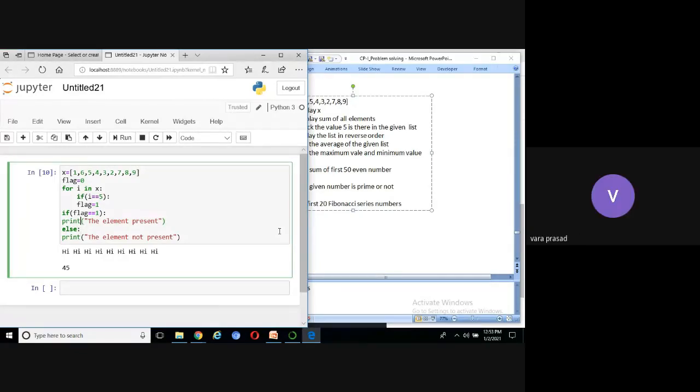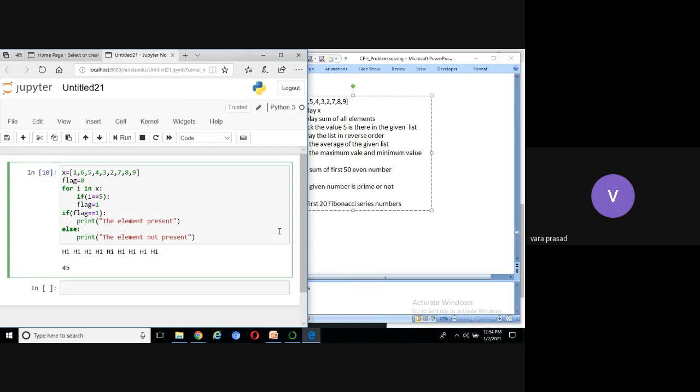Because for an if statement we need to follow indentation. Colon indicates the following line requires indentation. Indentation means we write a line with some spaces, compulsory. If you don't give the spaces, it will take it as a regular line. So we give some spaces here, and here also.